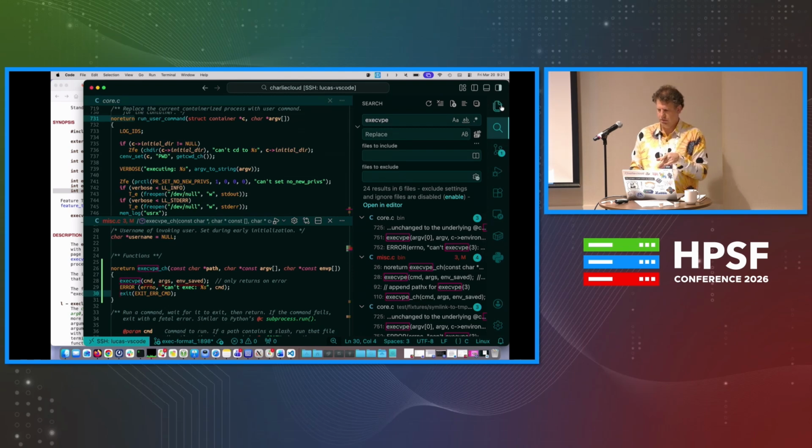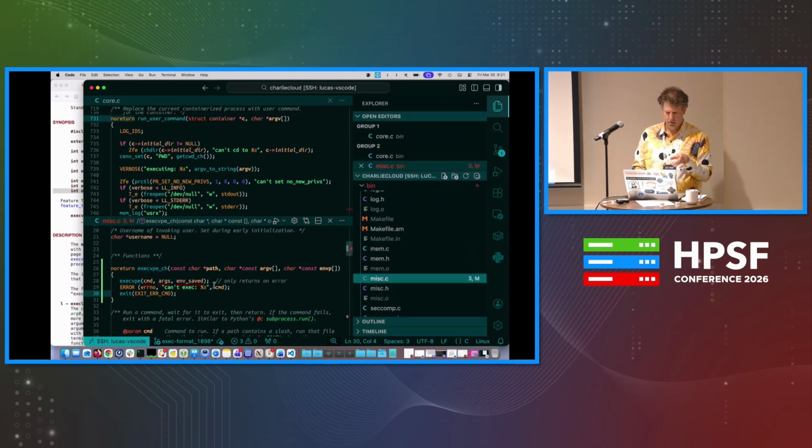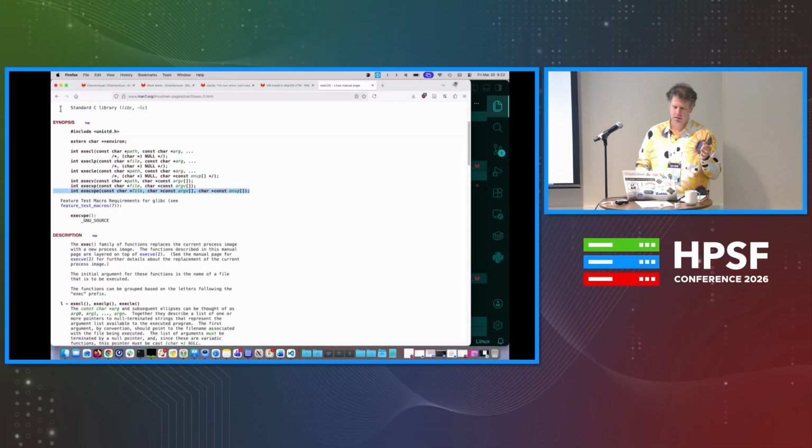Oh, and this keeps confusing me. All right, so this is path, argv, fp, right? So if we go back to the issue,